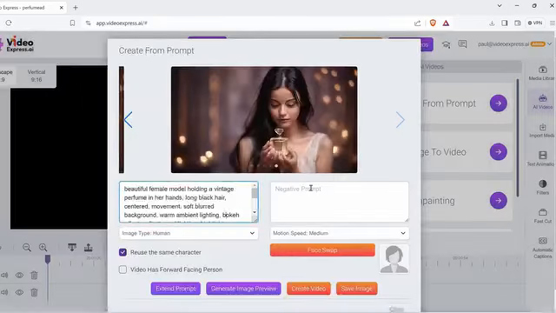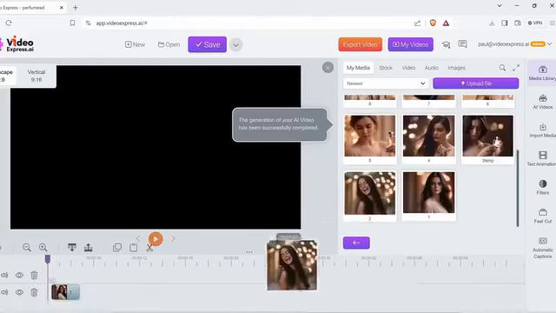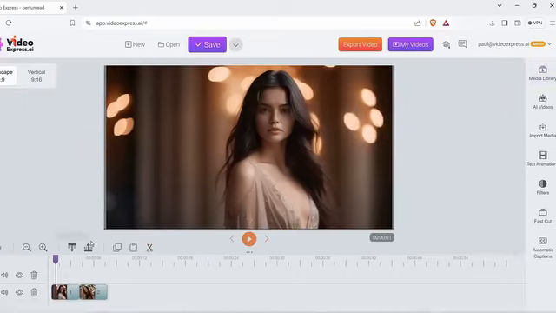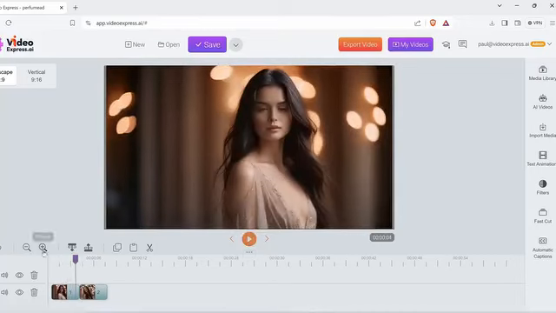So I can just create a few scenes like this. And then once I do that, all I have to do is basically click on create video for each one of these sequences. So I'll just create video. I click on that, and then once it's done, I'll show you how this looks. There we go, our clips are ready. So you can just drag and drop these into the timeline like so, and then you can even play it like what I'm showing you right now. So you can just preview these things like so, and then you can see that right here. Beautiful, right? So you can preview the different elements of the videos that you've done and then add them in,